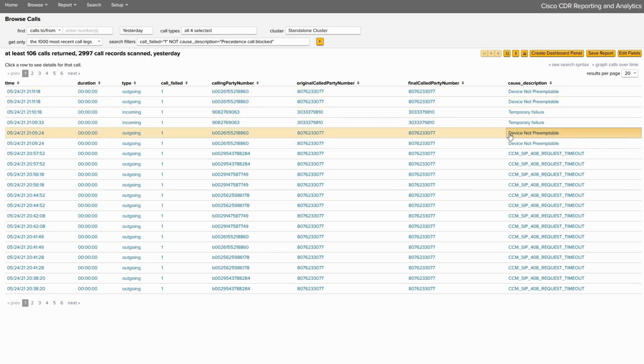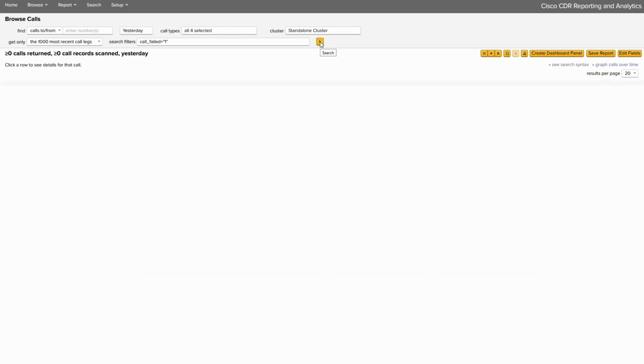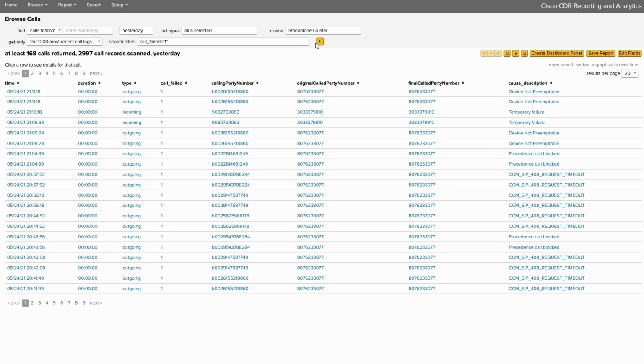I don't really want to do that right now, so I'm going to just erase that from up here. You can also click in the cause description and change it from there too. So now that we have the data showing that we want to actually build the report from, we're going to click this link right here, Graph Calls Over Time. It's almost hidden considering how important it is, but what this will do is